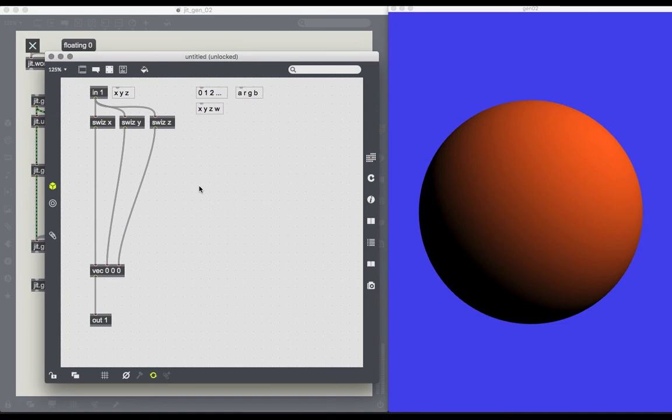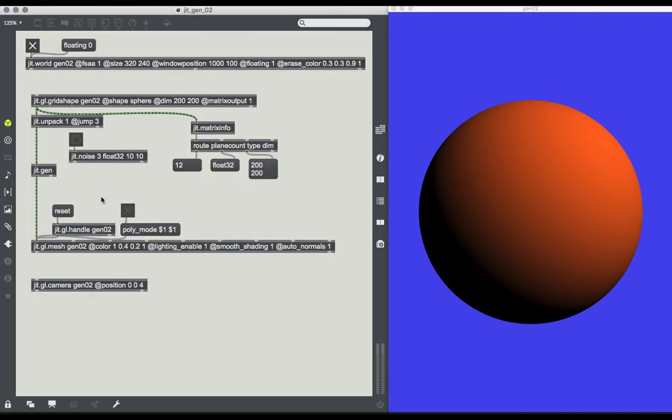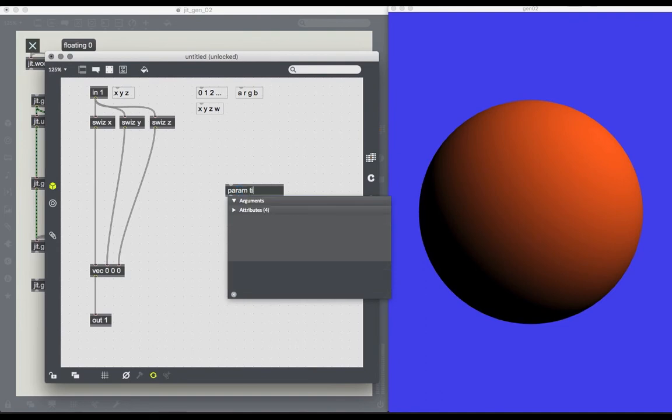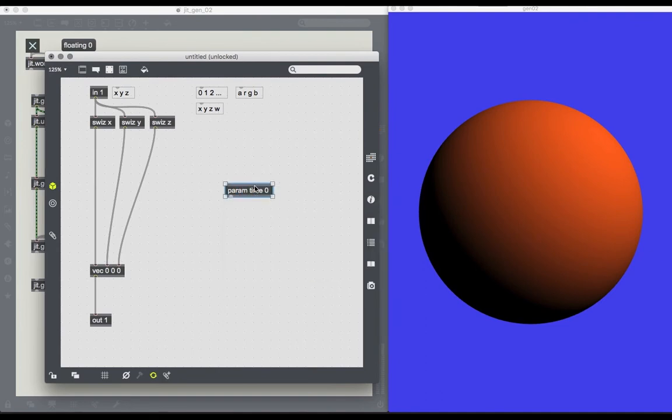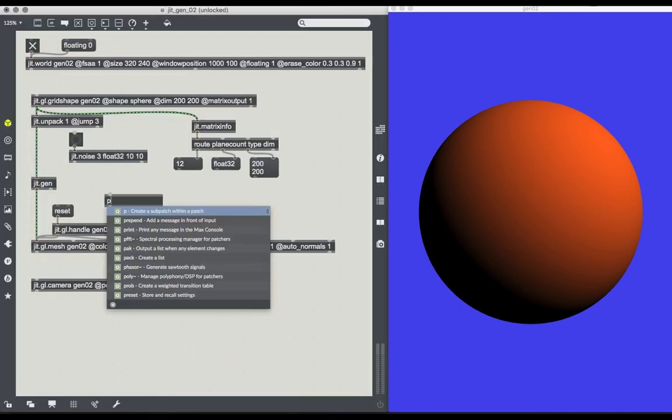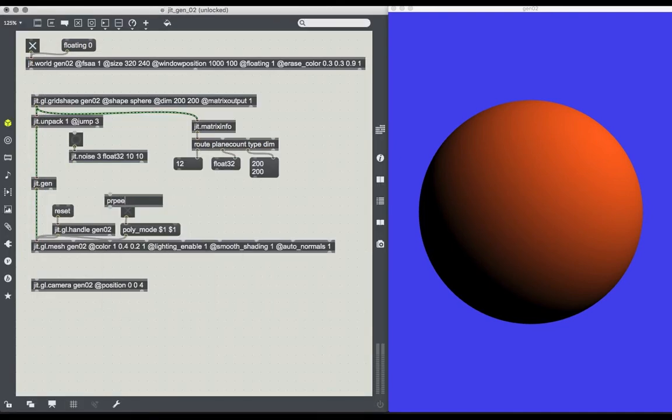So in JIT.GEN, we can communicate with Max. Actually, we can communicate from Max with JIT.GEN by creating parameters inside JIT.GEN. So inside JIT.GEN, I can create a param object and give it a name and a default value. So now if I pass a message, so if I do something like this,